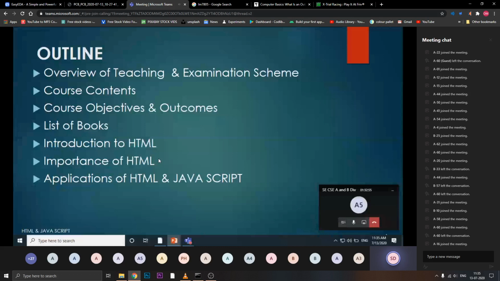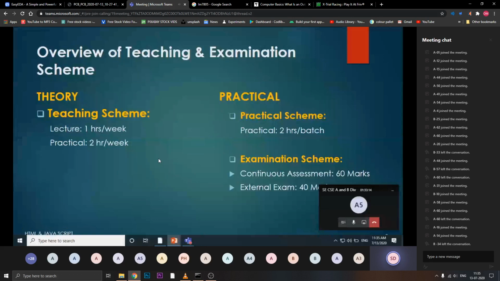So first of all, we are going to see the overview of the teaching and examination scheme. Now, you are having a few theory subjects and a few practical subjects in this semester. So this subject is there for the practical, means this subject is not having the theory examination. So the teaching scheme is you are having per week one lecture, that is theory lecture.